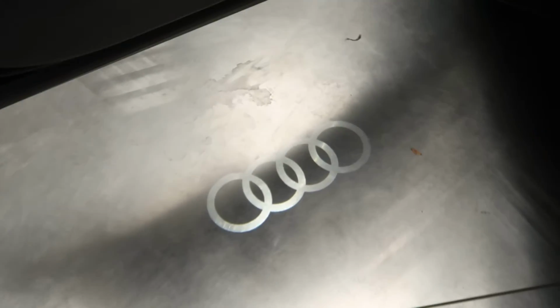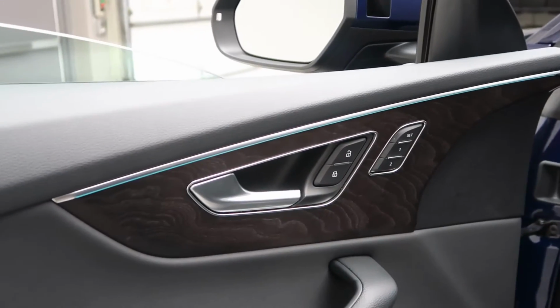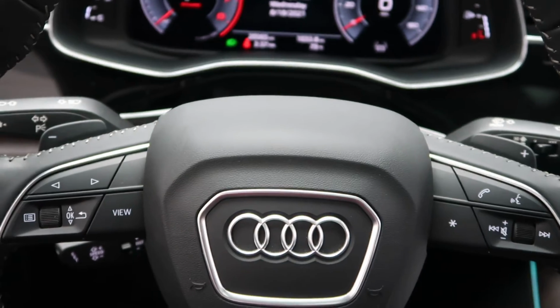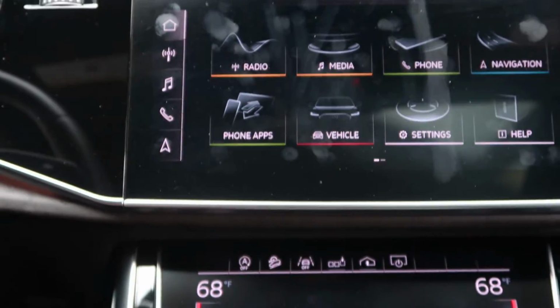keyless entry, illuminated Audi logo which appears when you open the door, Bang & Olufsen sound system, a dark wood trim, ambient lighting, memory seats, power seats, steering wheel controls with Bluetooth capabilities, paddle shifters for extra performance, a push start ignition, touchscreen media display,